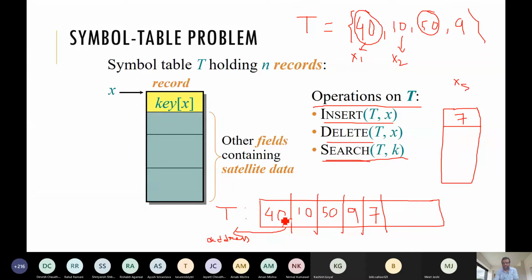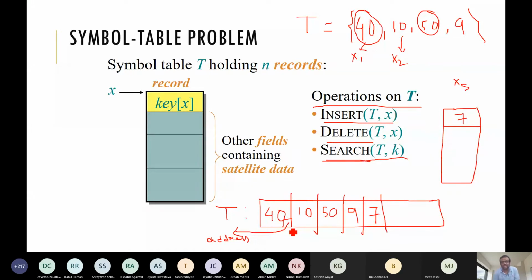We are storing these keys in this array, but somehow we need a mechanism to store this field to fetch the actual record. This is the implementation issue with the database problem.